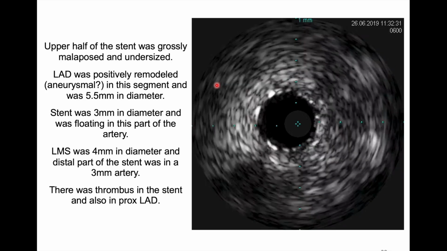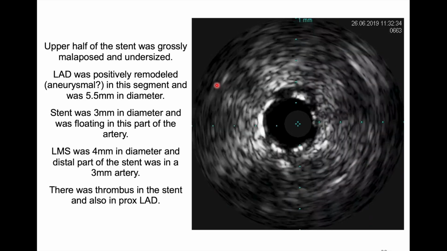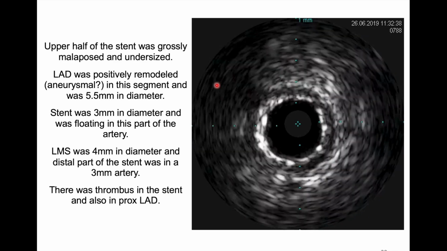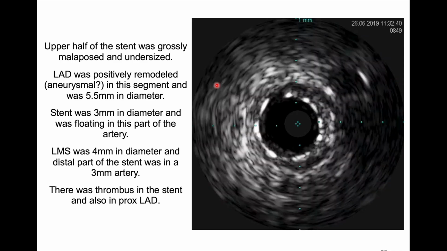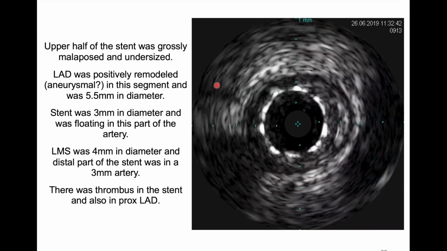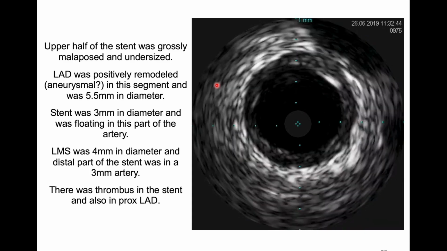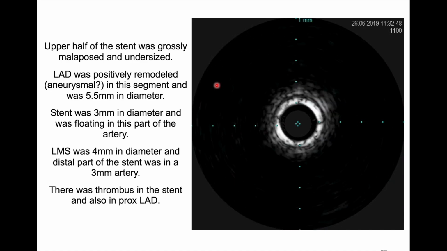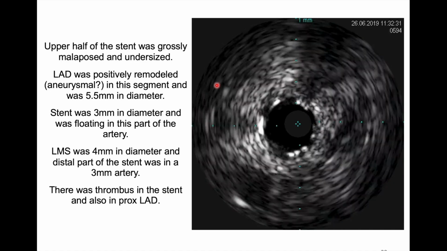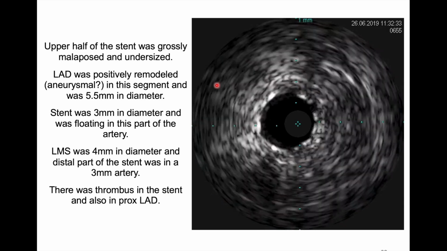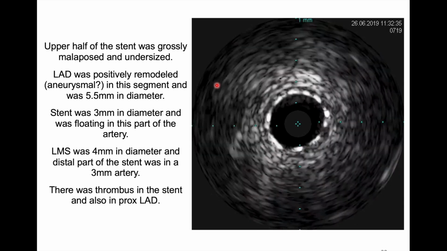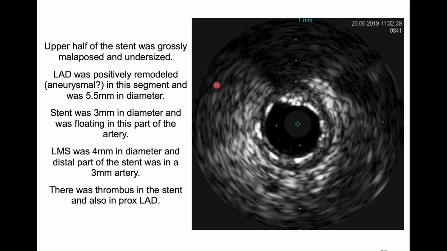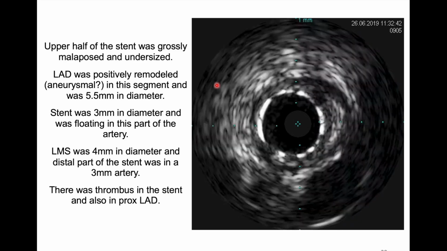So what has happened here, we know it's a 3 millimeter stent, and when you look at the LAD in this region where it looks undersized and malapposed, it's a 5 millimeter LAD there. At this point it's 5 millimeter LAD, 5.5 millimeter in fact. And when you look at the left main stem diameter, that is 4 millimeter. So this means that there was late positive remodeling which led to this very late malapposition and very late stent